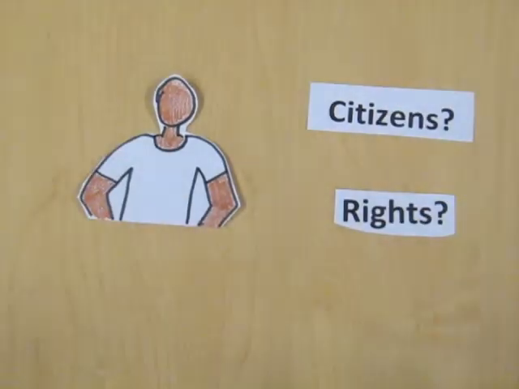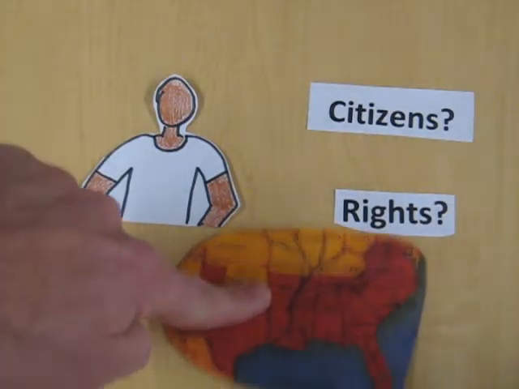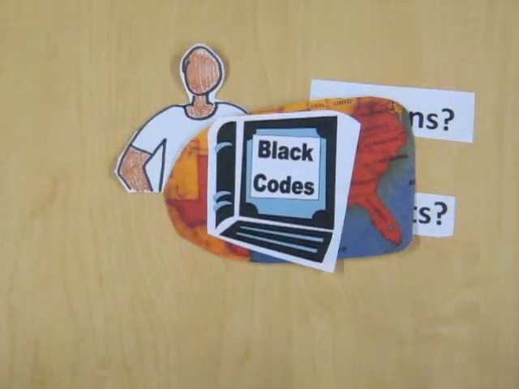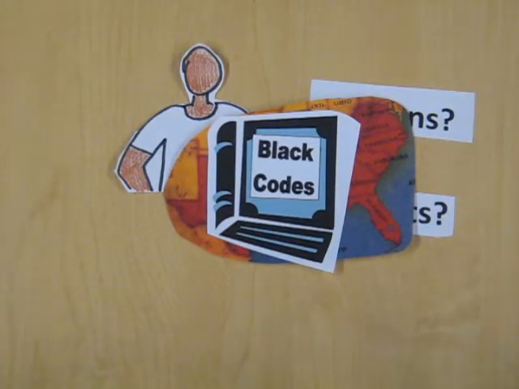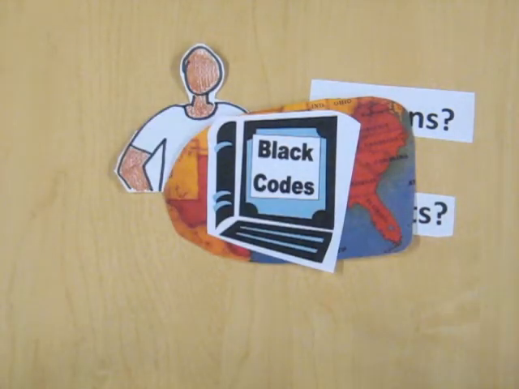What the 13th Amendment did not do was define the status of freed slaves. Were they citizens? Did they have the same rights as other Americans? In order to retain as much control as possible over former slaves, and to restore the political, economic, and social status quo, new southern state governments began enacting black codes. While these state laws gave freedmen certain legal rights, they also imposed strict race-based restrictions and made them second-class citizens